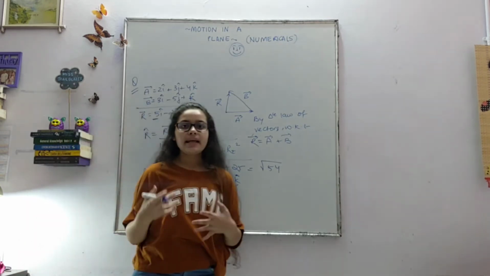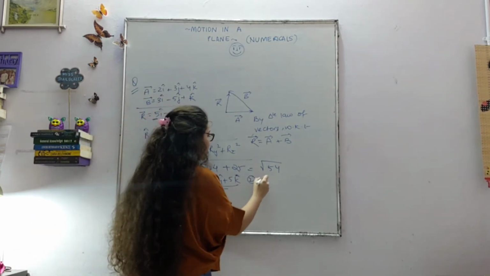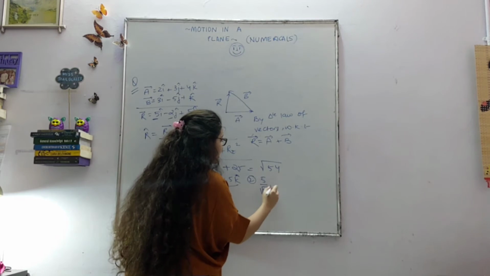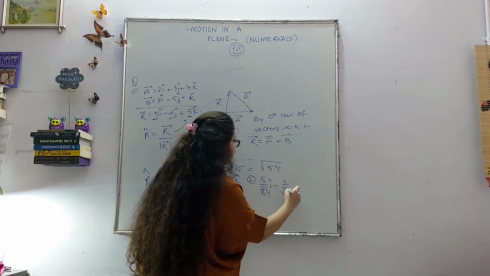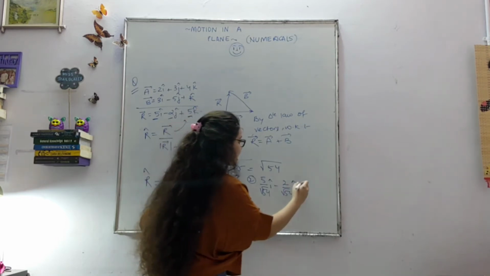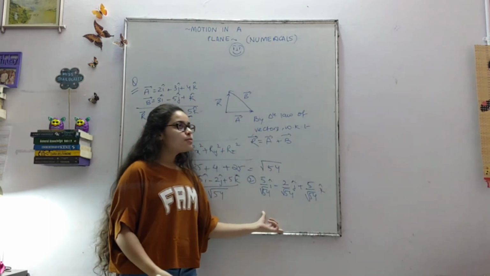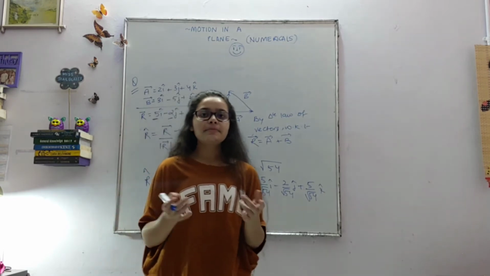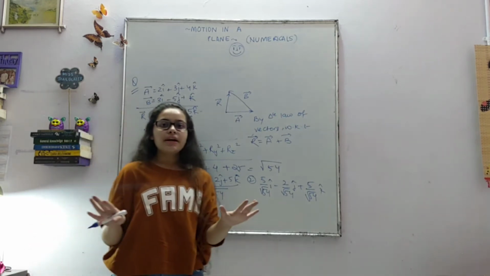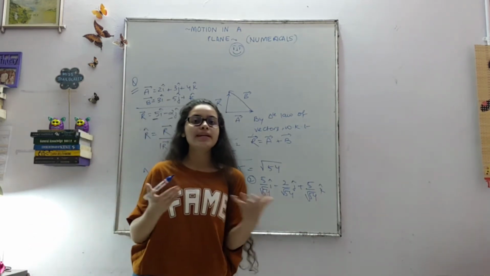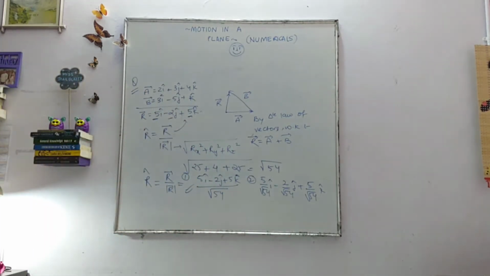Another way that is used in NCERT mostly and NCERT exemplars, you can also try that out, is the second method, where you go 5 by root 54 I cap minus 2 by root 54 J cap plus 5 by root 54 K cap. This is more like the proper way of writing it. However, in school, if you write it as this method also, nobody is going to cut your marks. However, this method just gives a bit of more clarity. So you can follow either of them. Both of them are correct. Alright, let us move on to the next question after you've done this.